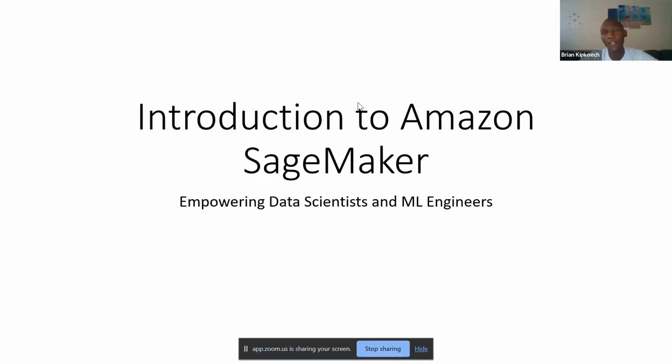AWS machine learning, we are going to understand how AWS will enable you to go on with your machine learning tasks. So there are multiple AWS machine learning services. We have Amazon Textract, we have Amazon Rekognition, we have Amazon Polly, and they all have one thing in common. It's just machine learning as a service where you just provide your data and Amazon handles the rest. For example, with Amazon Forecast, you just provide your time series data and Amazon predicts or gives you the forecast into the future. You don't have to write the codes.